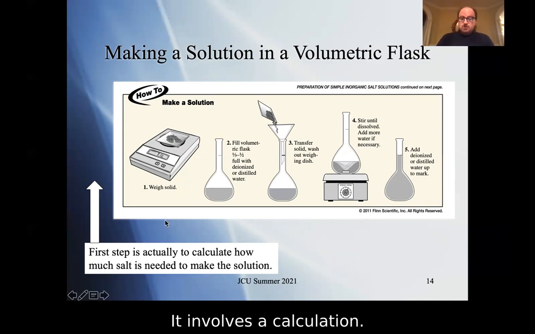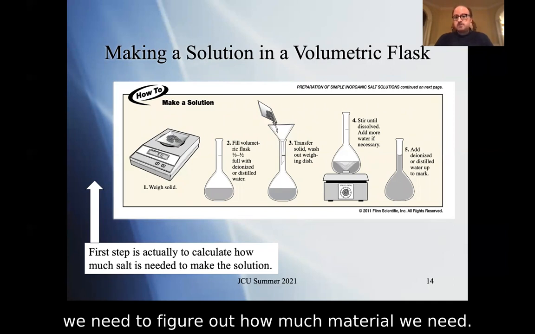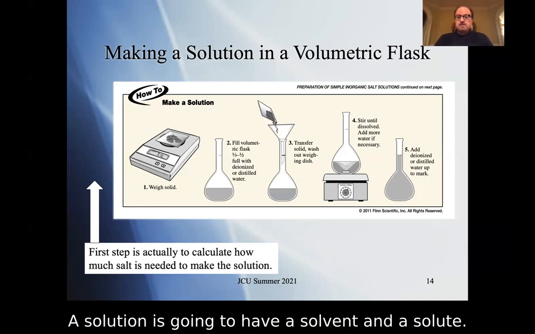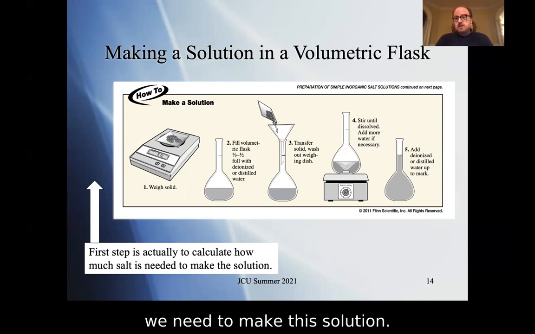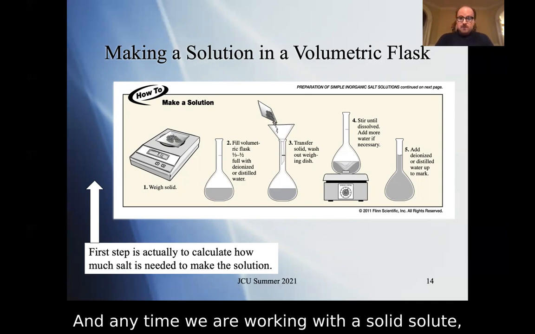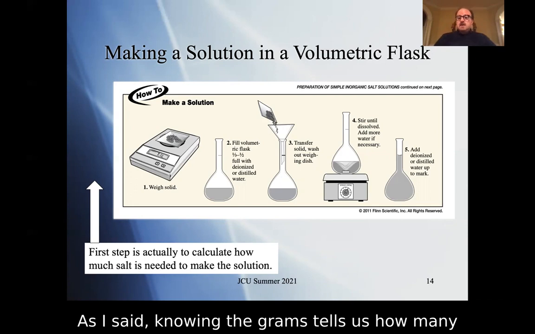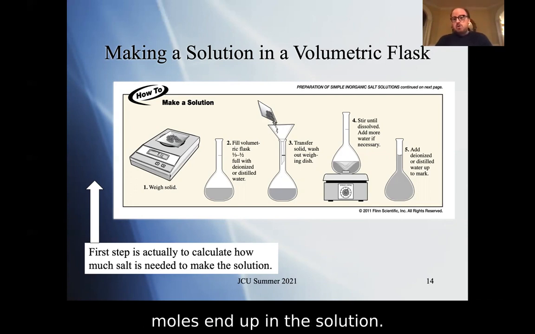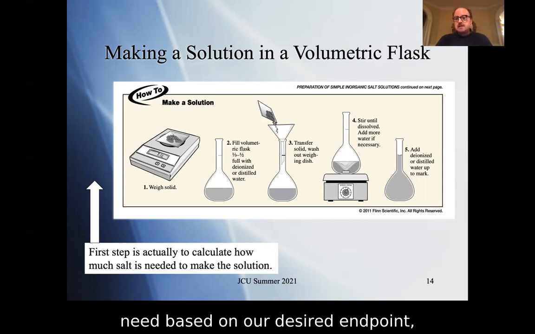it involves a calculation. Because anytime we go to make a solution, we need to figure out how much material we need, right? A solution is going to have a solvent and a solute. So we need to figure out how much of each of those we need to make this solution. And anytime we are working with a solid solute, we need to calculate how many grams of that we need, right? As I said, knowing the grams tells us how many moles end up in the solution. But we need to figure out how many grams we actually need based on our desired endpoint, or I should say our desired solution,